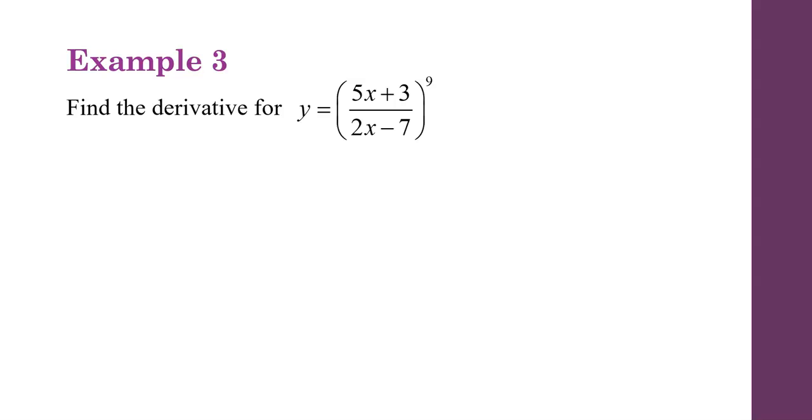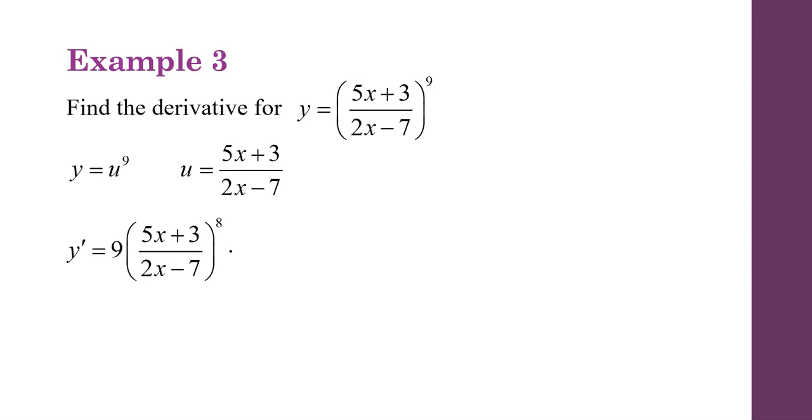So again, a composite function: what's inside of that parentheses is a function, and that function is taken to the 9th power. So it's composed with the function x to the 9th, or u to the 9th, whatever variable you want to choose. So if I look at it as y being u to the 9th and u being (5x + 3)/(2x - 7), we go ahead and take the derivative of u to the 9th, which would be 9u to the 8th, and make sure the u stays u, so 9 times ((5x + 3)/(2x - 7)) to the 8th power,